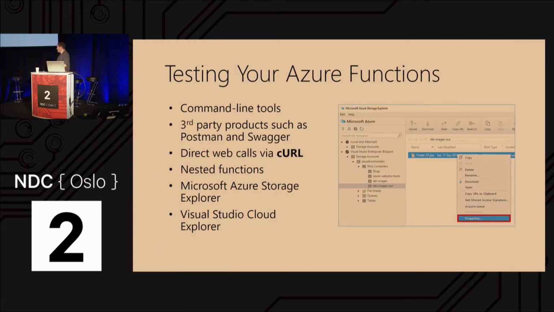So how do you test it? I have 2 answers for you. The first answer is what you see on the screen. Command line tools, curl. What we're going to do to test it is we're just going to upload a bunch of files into this storage container and see if it works. But you can, so we're going to use Azure Storage Explorer. We're just going to really use File Explorer. There's all kinds of ways you can test it.